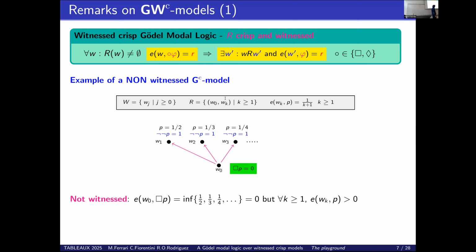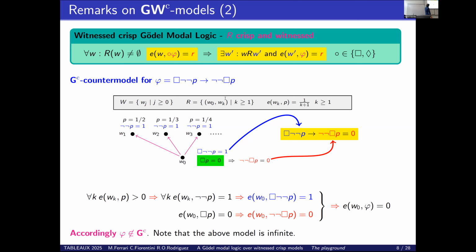So we have that box P at W0 is 0, but there is no successor of W0 in which the variable has value 0. So this is an example of a model which is not witnessed, and this is a crisp model,